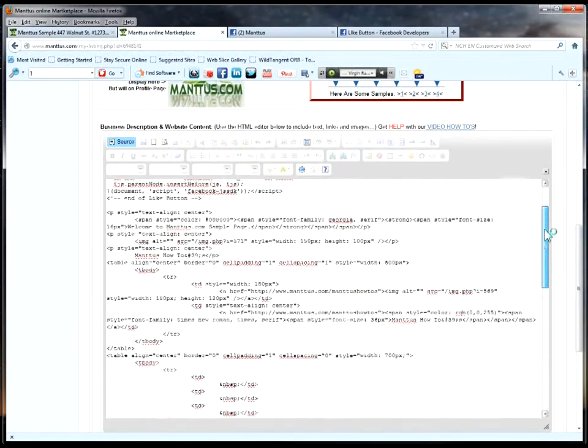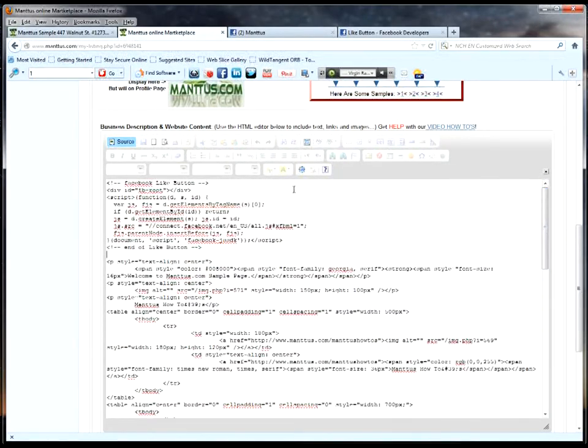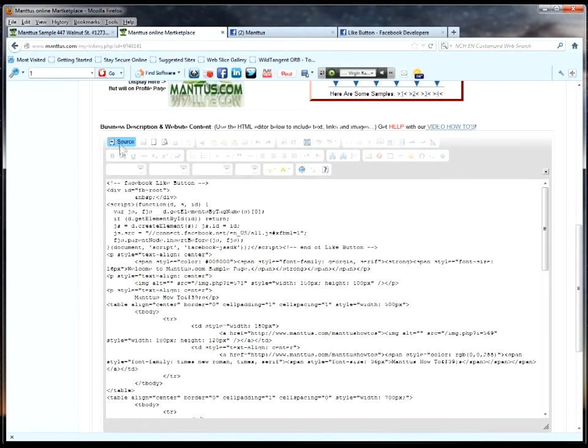Now I know this is kind of difficult, so what I suggest people do when they create that table and they're right before they put it in, we're going to jump out of the source code here back to where the boxes are. And since I'm going to put my button here, I'm going to go over to the next column here and I'm going to put like button. Then I'm going to jump over here to the source code